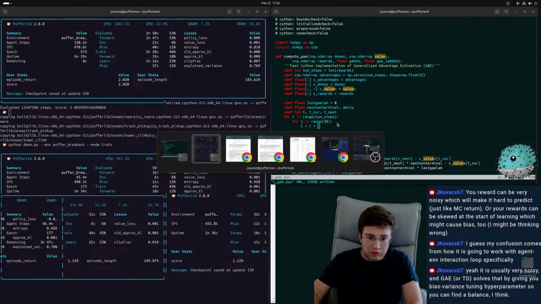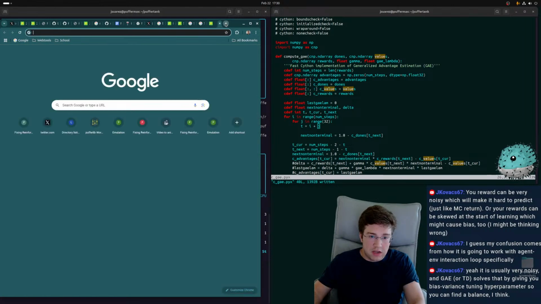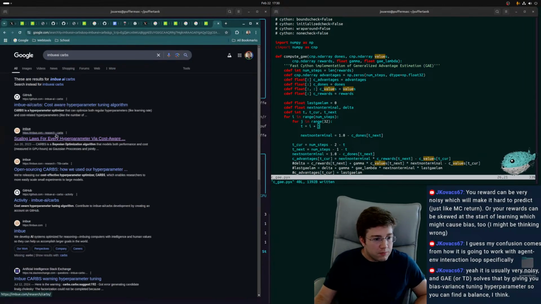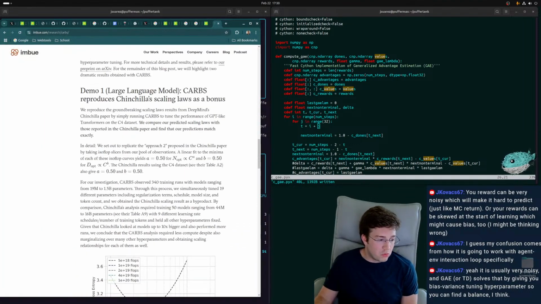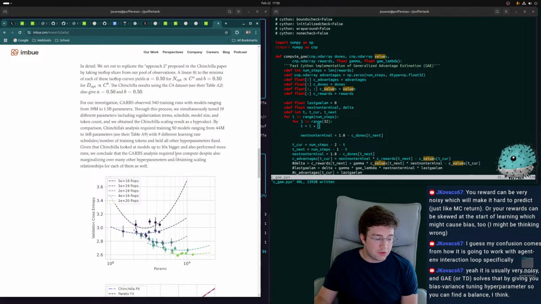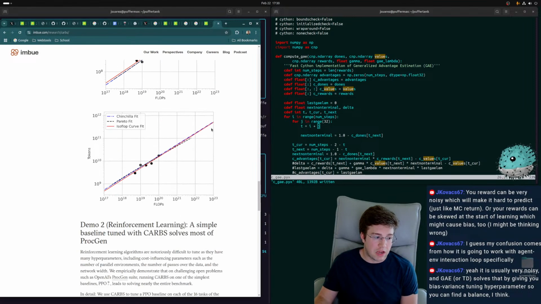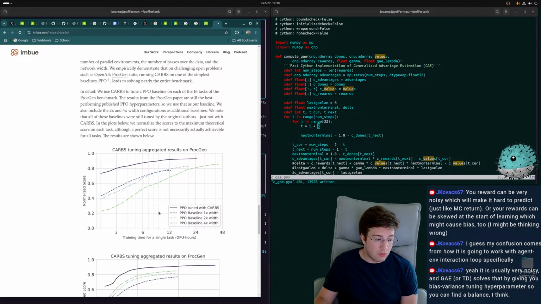Here, let me give you a very, very strong motivation for trying to find an alternative to GAE. The ProcGen benchmark was introduced with the assumption that you're not supposed to tune the hyperparameters per environment, right? You just have one set of hyperparameters and you see what generalizes. And people came up with all sorts of fancy algorithms and none of them worked. Well, these guys solved all of ProcGen just by hyperparameter tuning per environment.